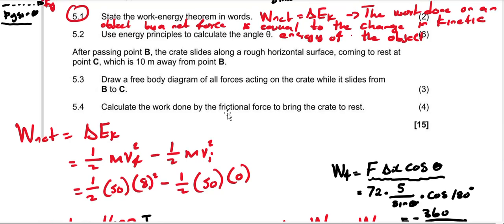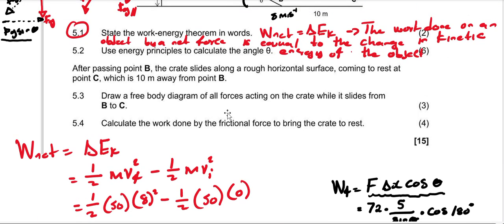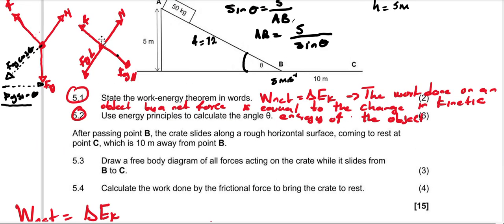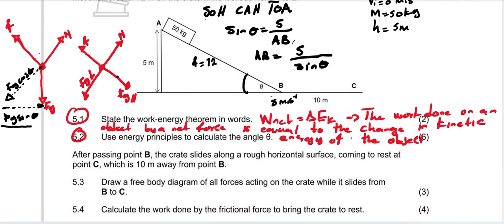So let's go to our next question. They say let's put a second letter so that we are done with it. They say after passing point B, this is our point B here, the crate slides along a rough horizontal surface. When they say a rough horizontal surface, we know that we have friction on a rough horizontal surface. Coming to a rest at point C, we know that this velocity here is equal to 0